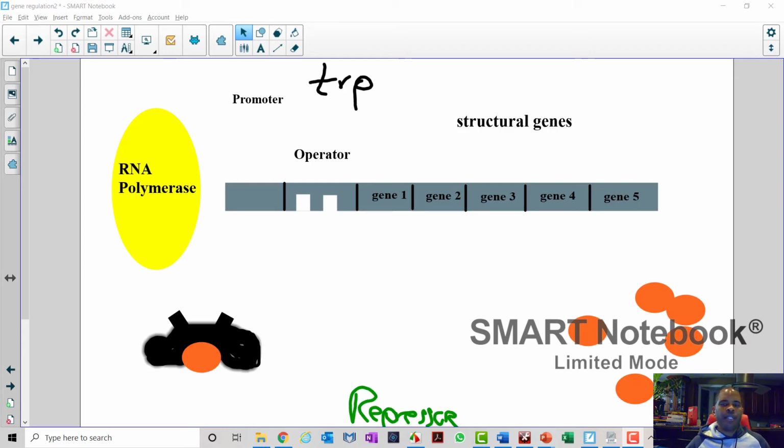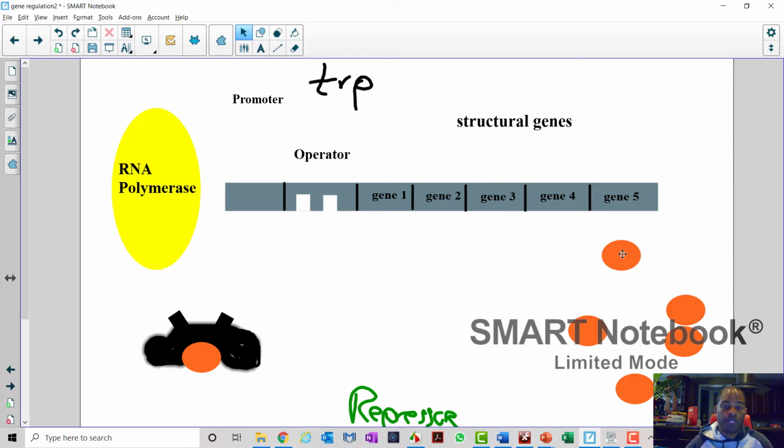All right, so here I have on the screen an operon. This is just one of many models. In this operon model, let's just review what we have here. I have my genes that are going to be transcribed and translated into a protein. That protein at the end of this is going to be something called tryptophan. So tryptophan is something that's very important for us to build things. So this operon is going to produce a product that's going to allow us to build